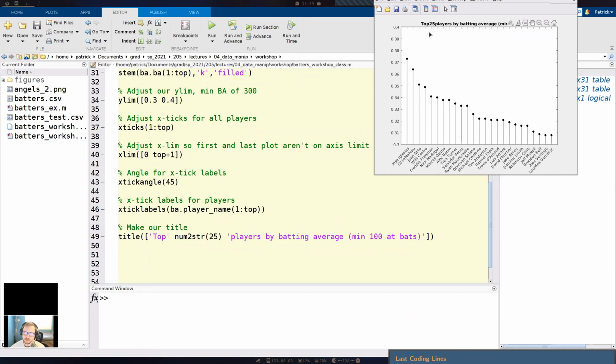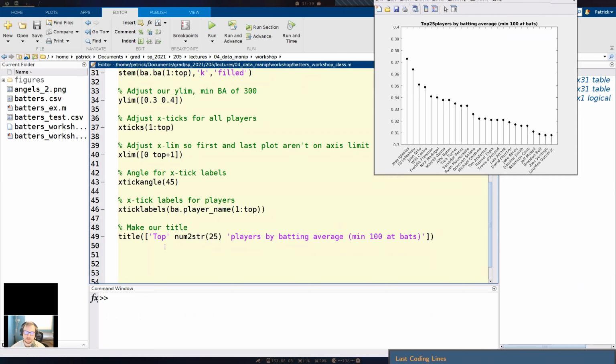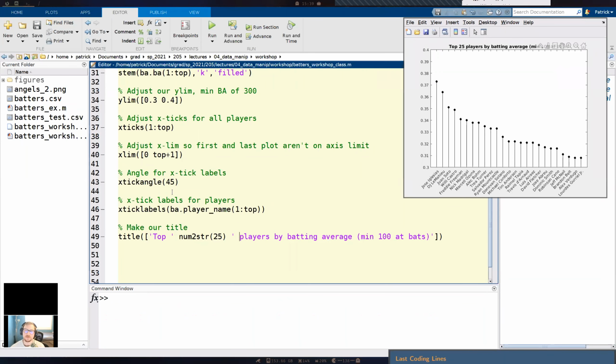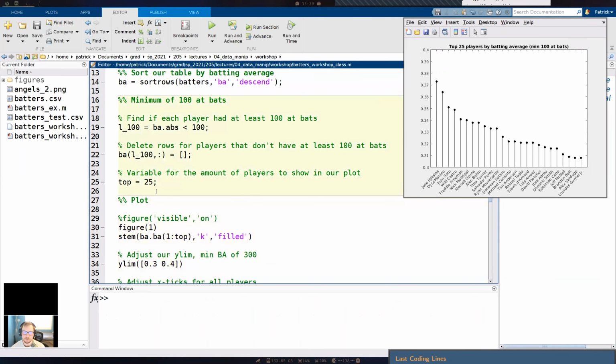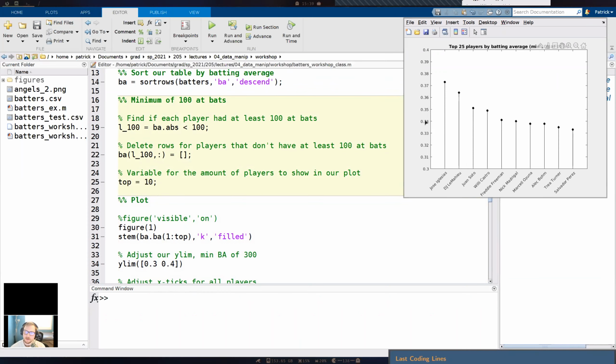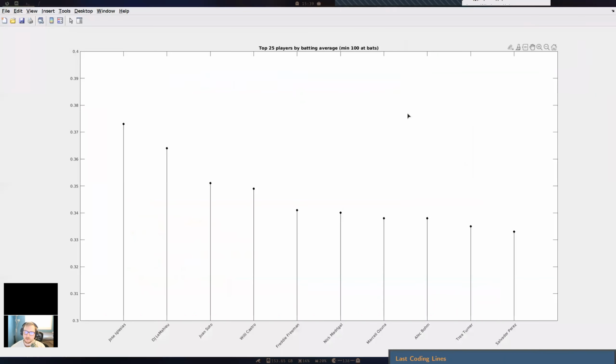But there's still one more issue. You see, it's real close, it's real smushed here. So what we have to do is put in a space over here and then put in a space right here. And now let's run it again, and now it's nice and spread out. Okay, so there we go. Now let's do a little demonstration of, let's say I want to change this to the top 10 players first. So all I have to do now is change this one line of code, and that's it. Then I'll run this. And hey, it should have changed. Let's run this again.